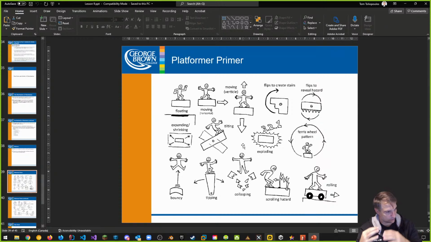Okay, so in addition to a static platform, you can have a floating platform where it goes kind of up and down a little bit, a moving platform horizontally or vertically, right? Something that flips to create stairs, flips to reveal a hazard, expanding or shrinking, right? Tilting platform, an exploding platform, a Ferris wheel platform, bouncy platform, tipping platforms, right? Collapsing platforms where they break up, scrolling hazards on the platforms that come towards you, something that you can roll on the platform like a minecart,